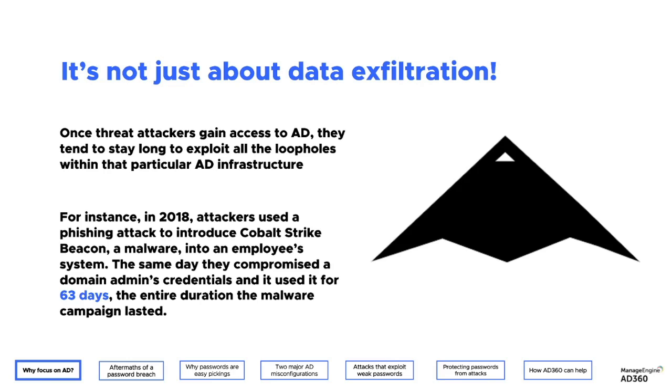Compromising a credential is just the start of things. If you take a trip down memory lane to 2018, there were attacks that focused on compromising employee data. The idea was to just steal a few employee records, but the attacker ended up getting hold of the admin credential for the entire organization. They used that credential to stay in the organization for much longer than they had planned.